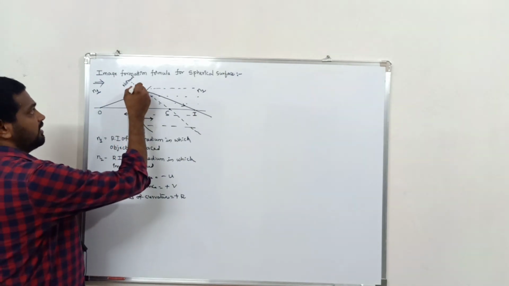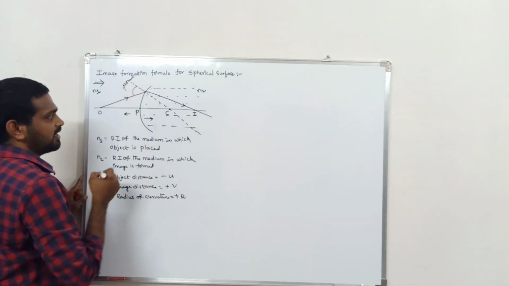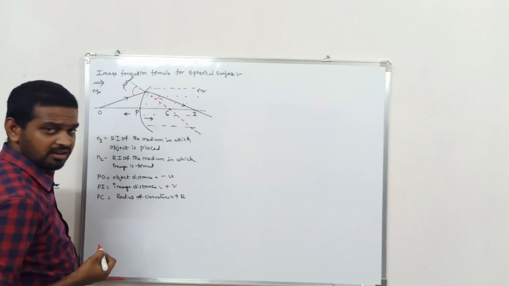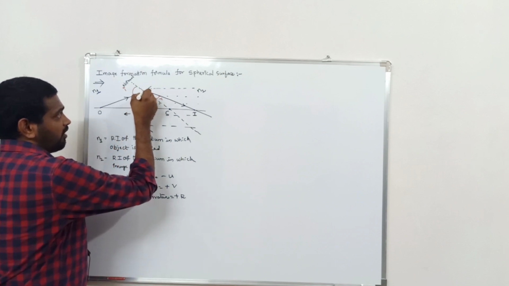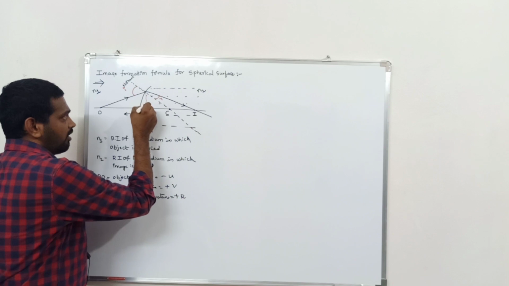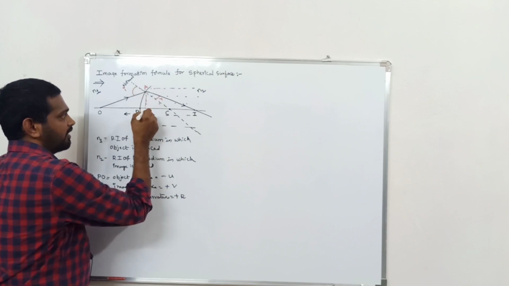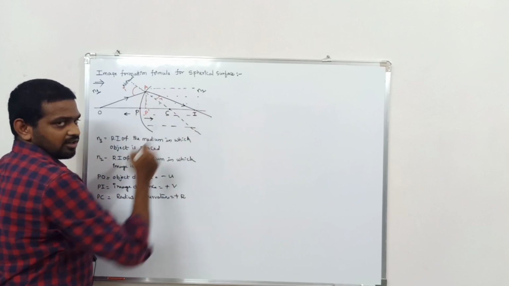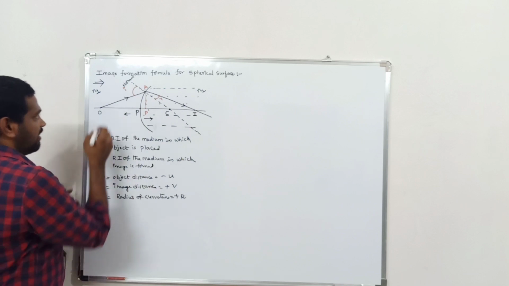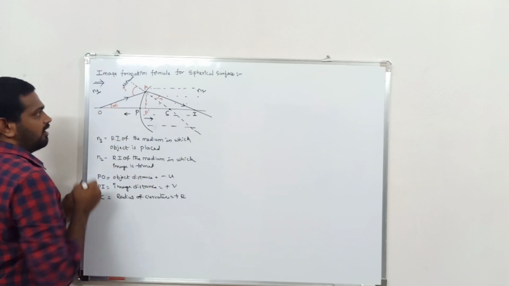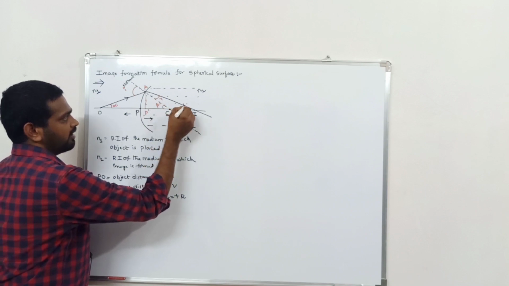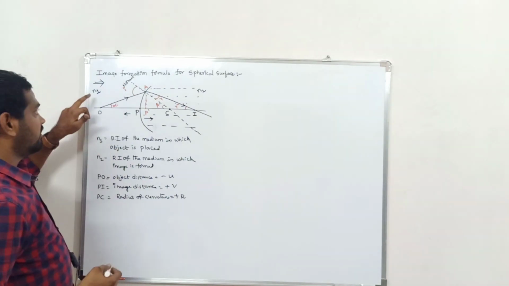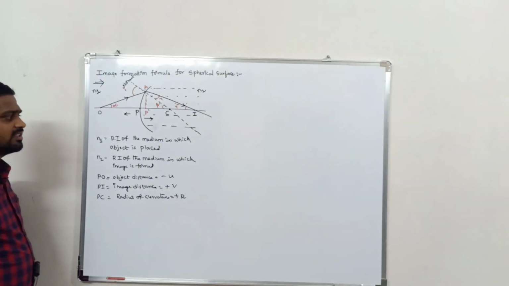Coming to the angle of incidence and angle of refraction, the angle between the incident ray and normal you should consider as the angle of incidence i. The angle between the refracted ray and normal you should consider the angle of refraction. Now I am going to draw a perpendicular line on the principal axis from the point A. The point where the perpendicular line meets the principal axis I consider as P dash. Now I consider angle alpha here, angle beta here, and angle gamma here. Is it clear? Understood?